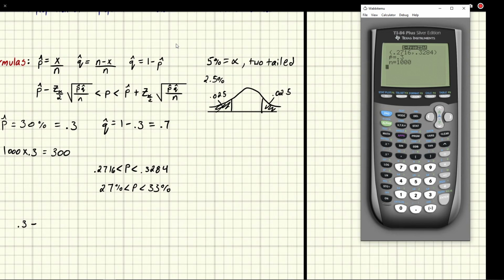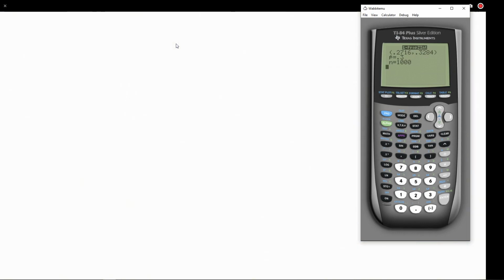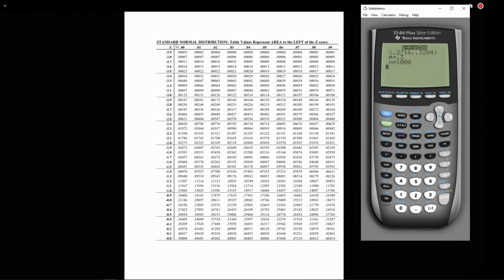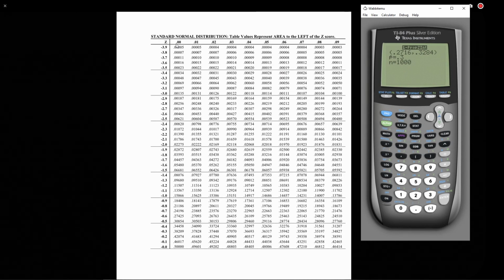And now this area here in the shaded, if we want to find out the z-score that goes with that area, well, we look in the chart area to the left. We know it's symmetric, so we just take the positive and negative version, right? This would be the minus z, this would be the plus z. And so it would be the same z value. And so we only need to look this up in the chart. Now we're looking up the area, so let's go to the chart. We're looking up 0.025. So we go into our chart, and we look up 0.025. Now it's an area. Areas are in the middle, right? And the z-scores are on the side. So we look for